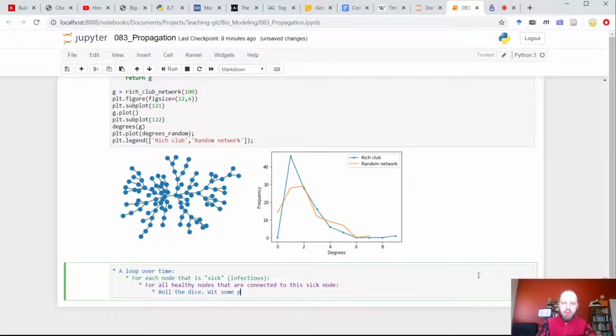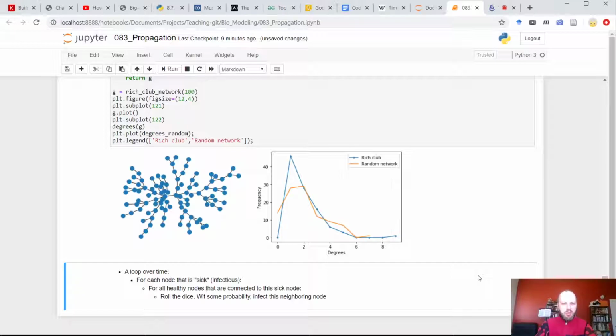With some probability, the sickness spreads to this neighboring node, right? That's pretty much it, and we'll go through that in a loop over time.